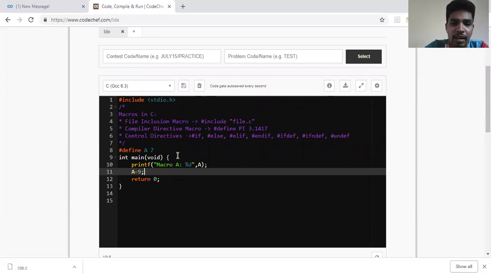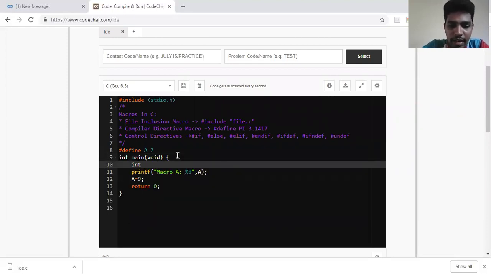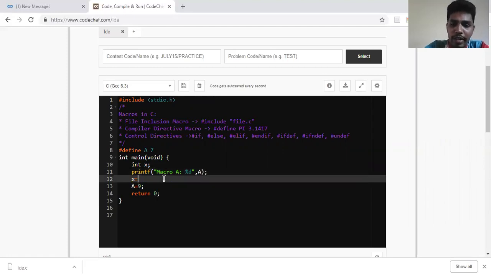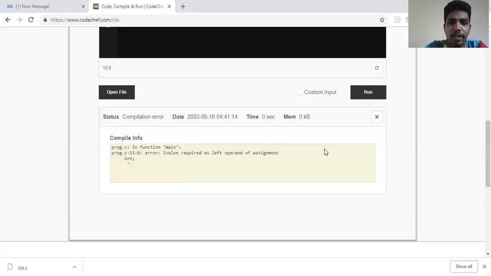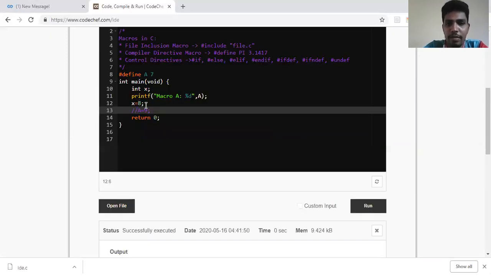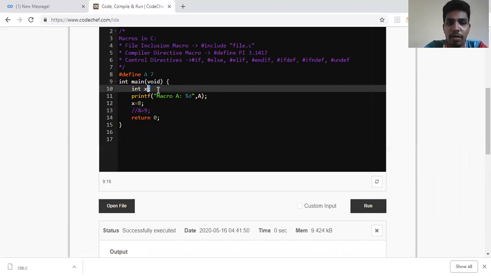For example, if I had a variable called int x, anytime I can change the value of this x. So in my program, if I want, I can change the value of x to 8. I'll comment this particular line so that I can show you that editing. If I run this code, it doesn't throw me any error, where I've gone for editing a variable x. So you can see here I've edited x, and it doesn't throw me an error because x is not a constant variable or a macro directive which has been defined. So this is the difference between your macros and normal variables. Macros are like constants, symbolic constants which are defined in the form of a macro here.